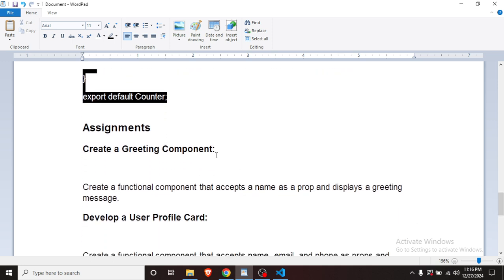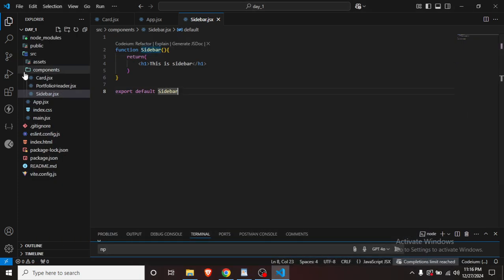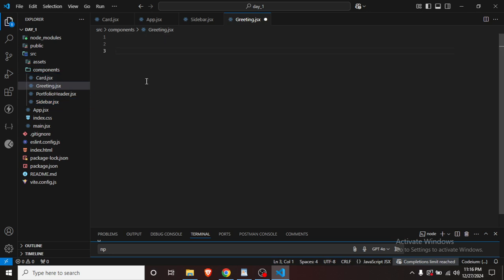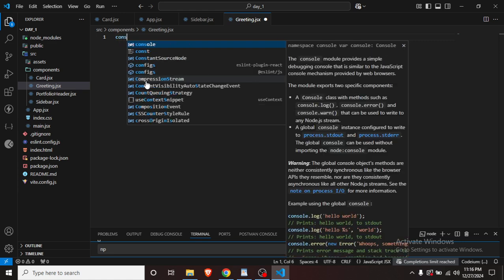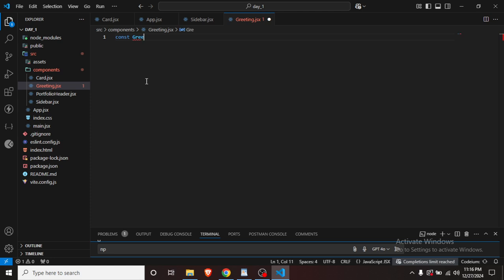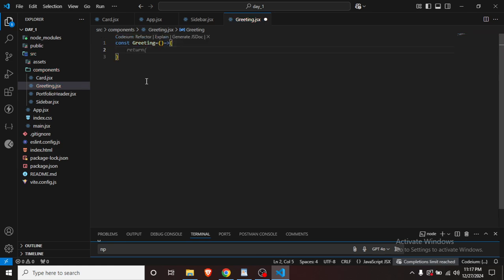You will have to make a Greeting component, create a functional component that accepts a name as a prop, but don't worry about this. We will create a simple Greeting functional component. So I will have to create here a component called Greeting.jsx. Now you can also declare an arrow function. For example, if I want to declare it in this way, here you will have to name it Greeting. Now you will have to do it in this way, return,